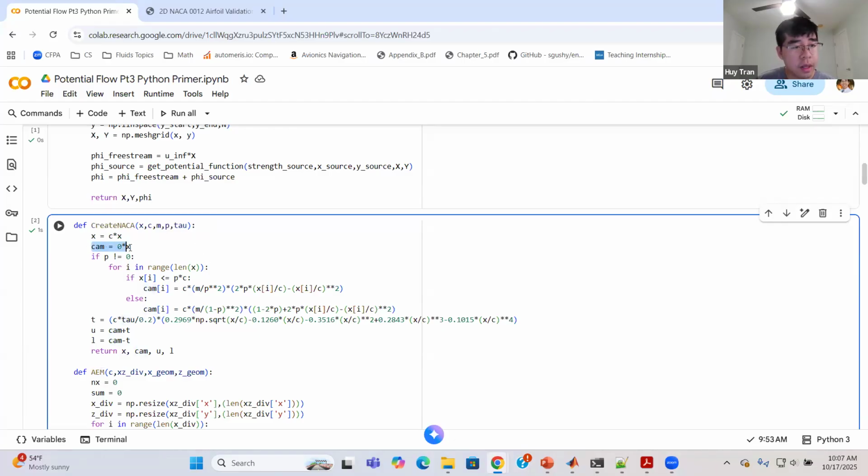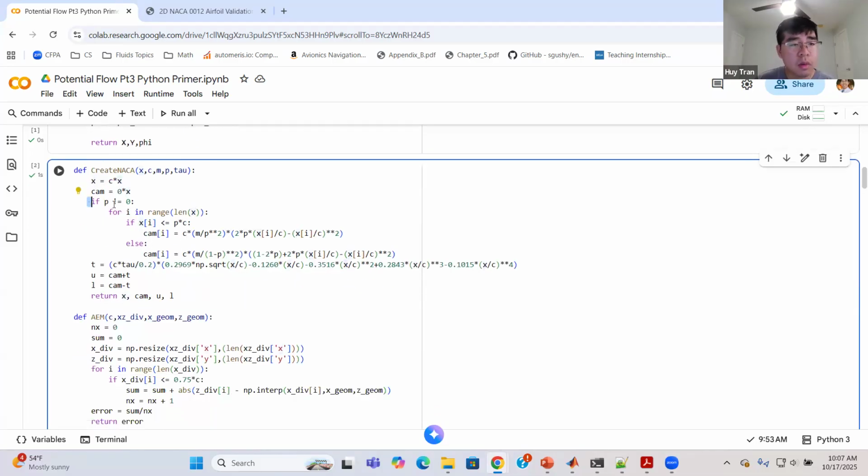So essentially, like I said, I just set up my variables. I set up my X variable based on chord length. Then I set up my camber line array in case there's a camber line, which there won't be. So once again, if P is not equal to 0, meaning there is a camber deflection, you would run through the section to calculate what your camber line is going to look like with this deflection, and where that max deflection is located. But we don't, so we skip straight to the tau value. T refers to thickness, or basically the airfoil shape, based on your x-axis. So we go through the step, we calculate the math, and we get the thickness of the